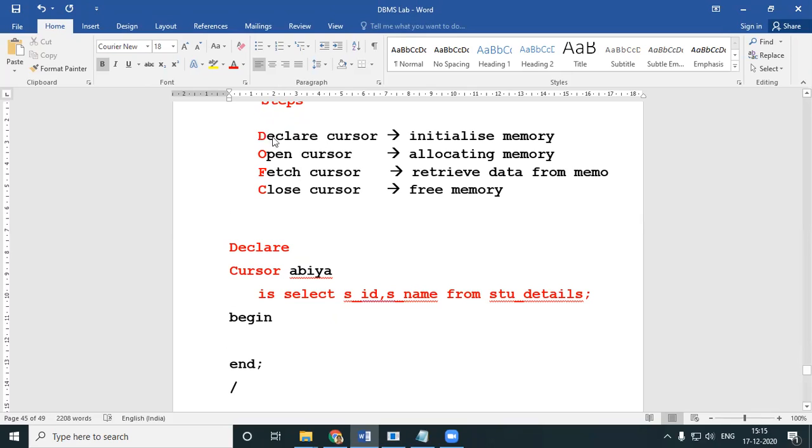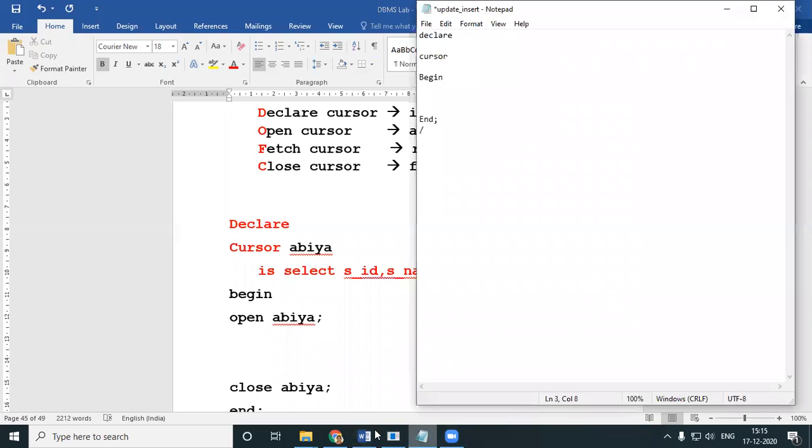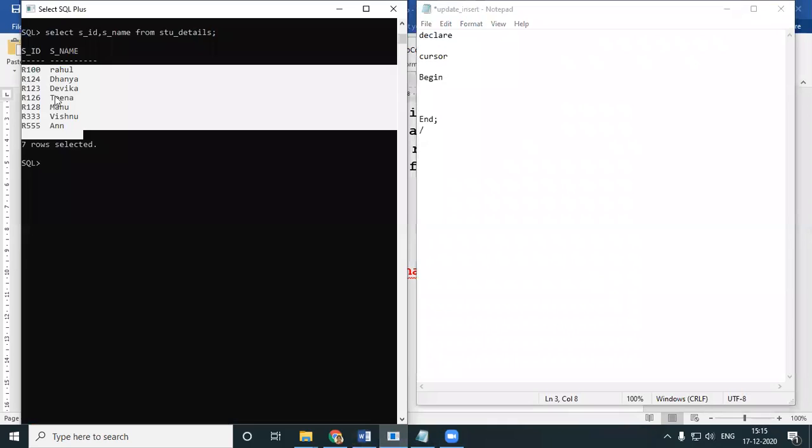So now I've declared my cursor. Now I need to do my OFC: open, fetch, close. So I'm opening Abia, open the cursor. Now I'll write many things, and then the last statement will be close Abia. In between, I will have to fetch my cursor. Now, look here. I do have all these rows. Very simple.